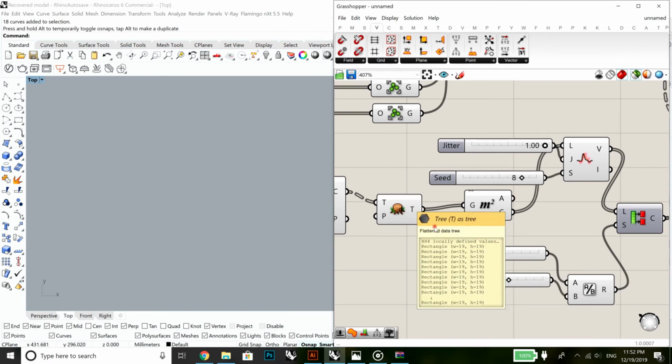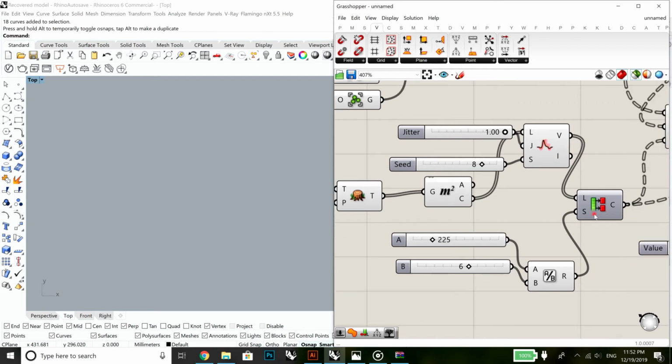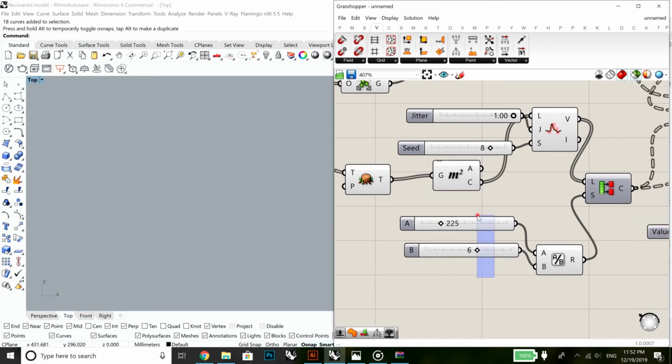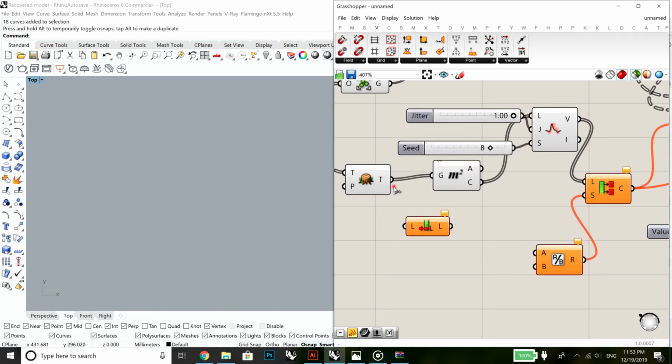It's over 484. I should write 484 here, or I can use something more parametric, like delete this and use list length here to here, and use 7 for this, or 6,